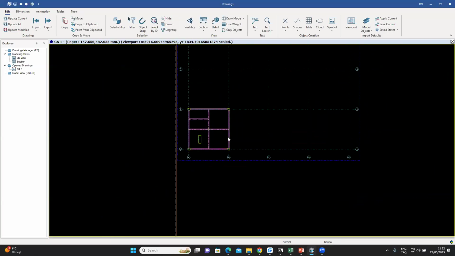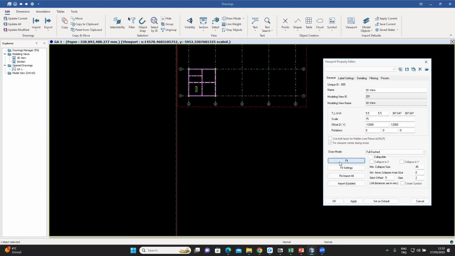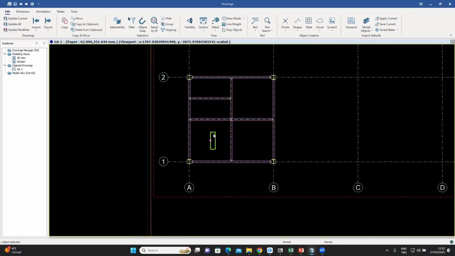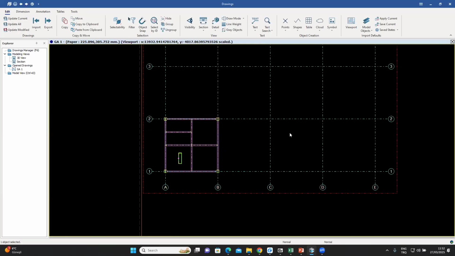So you see that electrical fixture has been imported as a symbol inside my viewport. Now, the good thing about this is that if I were to change my scale from 50 to, say, 75 or something else like that, and say fit, you can see that the fixture, the DXF symbol which we had entered over there, has modified itself accordingly. It has changed the symbol size,